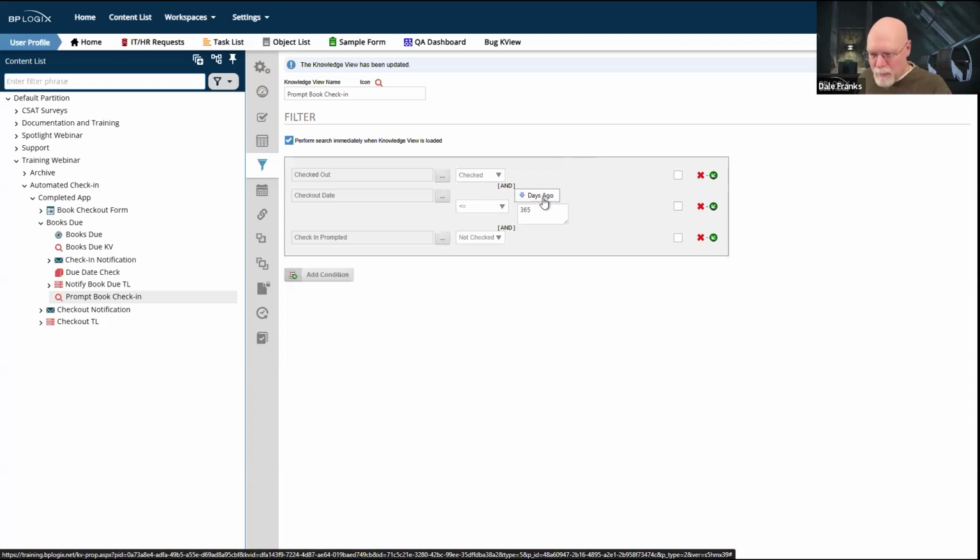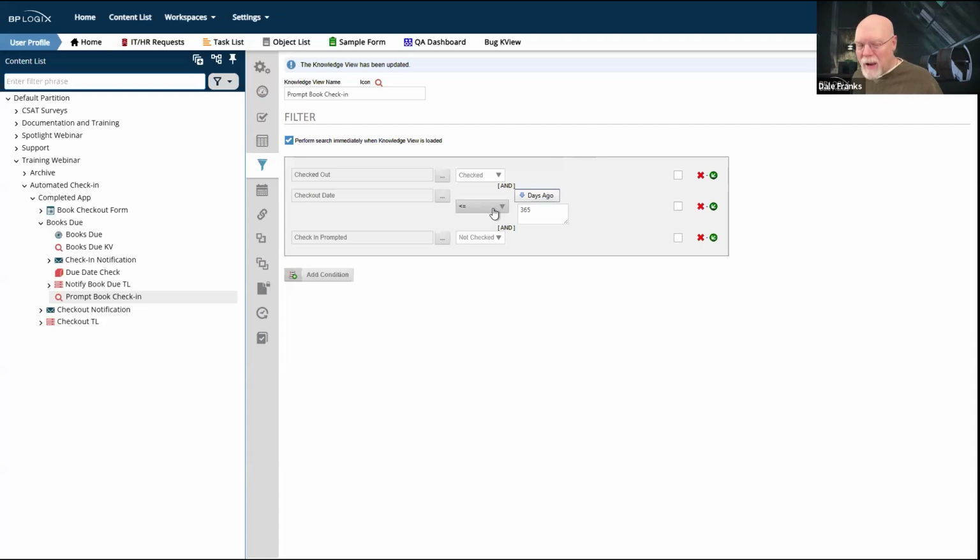It's a verbiage problem. I don't know how to fix a verbiage problem, but because of this problem, people assume that the operator they have to use is exactly the opposite one of the one that they want to use. The checkout date has to be less than or equal to days ago 365.